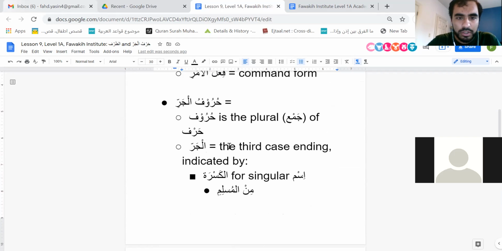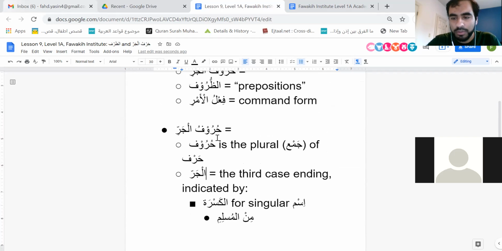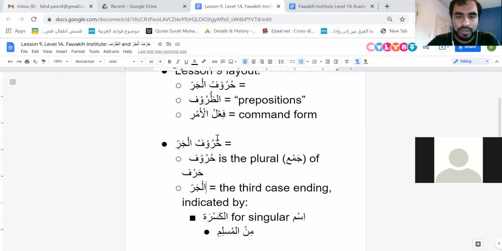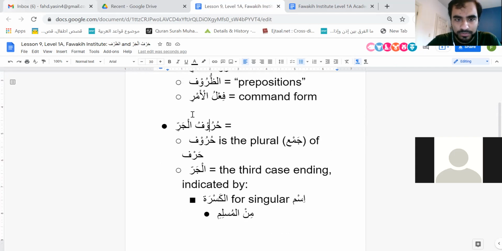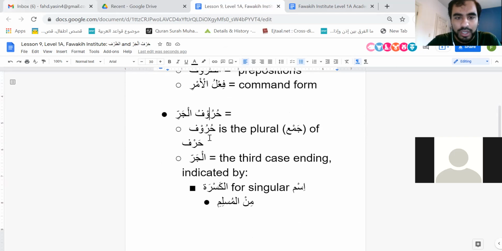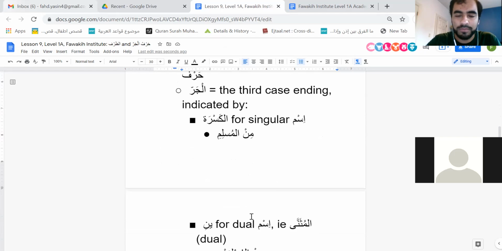So again, if there are any questions, interject at any time, raise your hand, put it in the chat, feel free to just say it. If I don't hear anything, I assume you guys are good to go. So this is huruf al-jar, and hopefully it's been pretty clear so far. Now, why do they call it huruf al-jar? Because these are the letters, or sometimes more than just a letter, let's just say prepositions, these are the entities that, when they come, the word following them is always in a state of jar, okay?